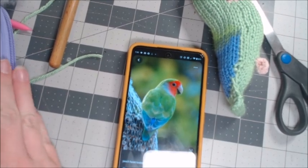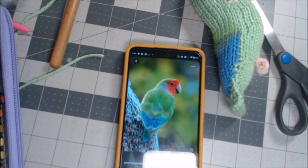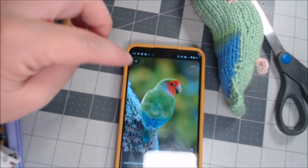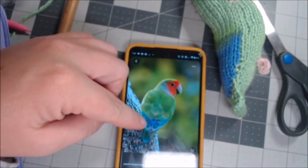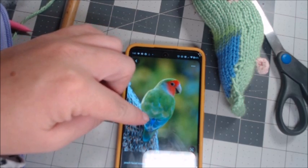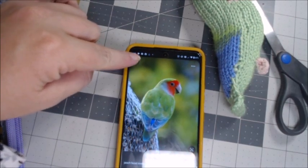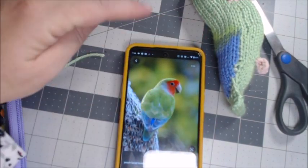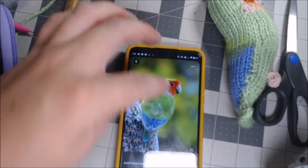These are my examples for drawing them out. But if you like that puffiness, what you'll do is you'll do the 15 peg wing, and you have the option. You can do all green, which I'm going to, or you can do like maybe 10 of the pegs, or even 8 or 7 of the pegs in the blue and switch to the green. But I'm just going to do green entirely. Each bird varies, it does. So yeah, what you want to do is let that dry, and then as you can see they have